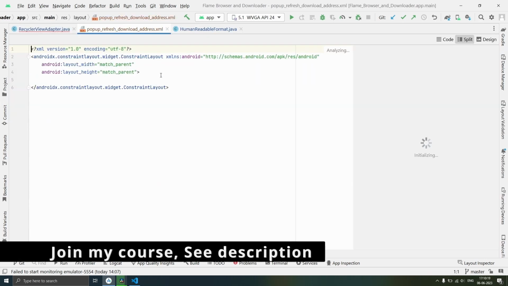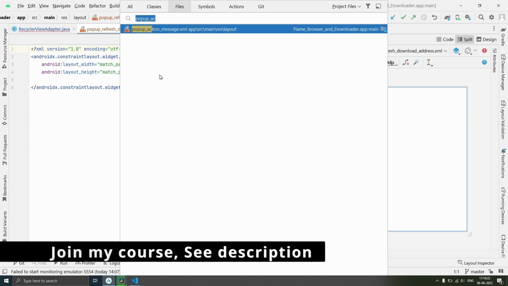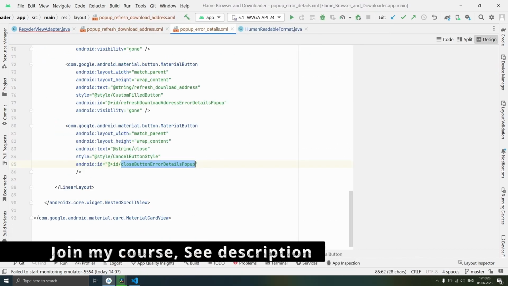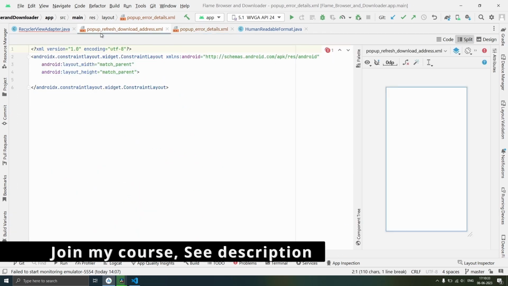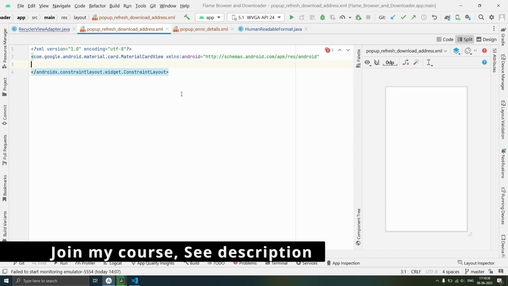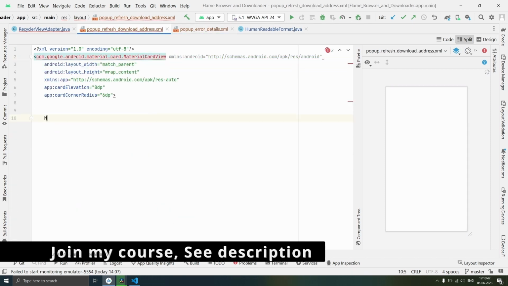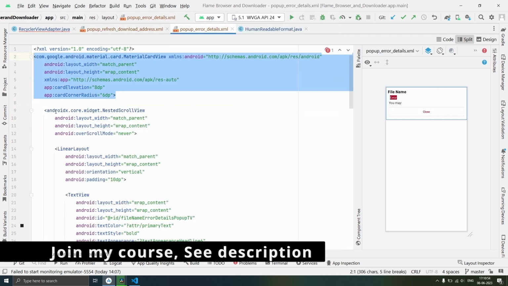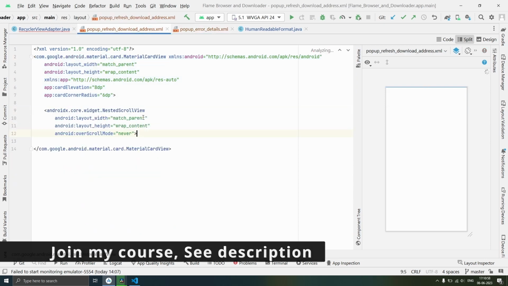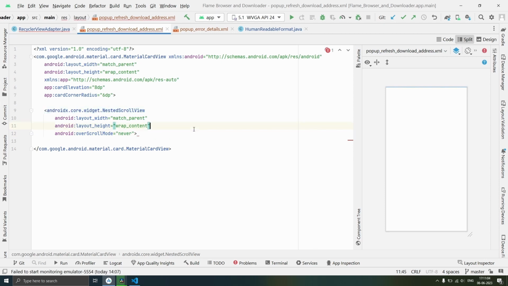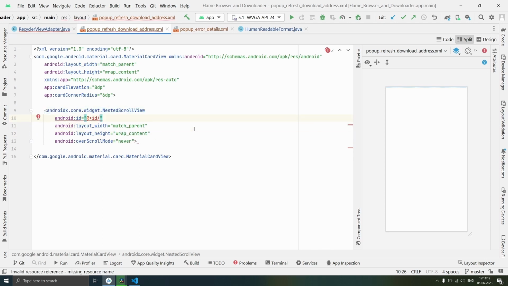Now we will use material card view. Just do one thing, open pop-up error details and copy paste entire material card view tag in pop-up refresh download address as it is, and we will add closing tag to that material card view. In that material card view we are going to use nested scroll view, so copy paste that entire tag over here and we will give it id main refresh controls